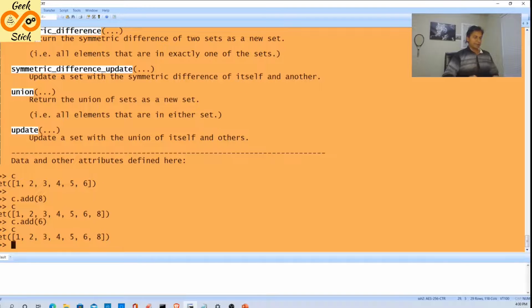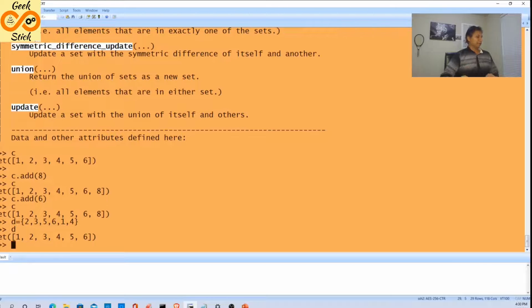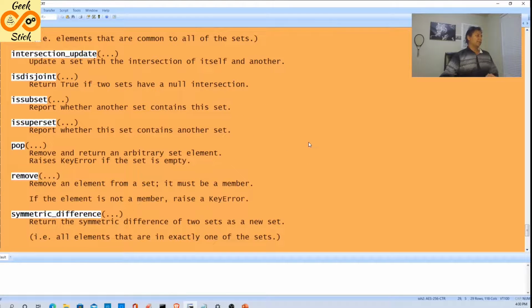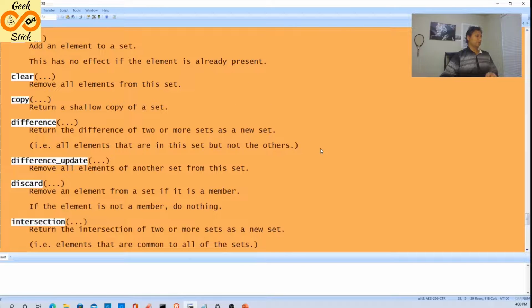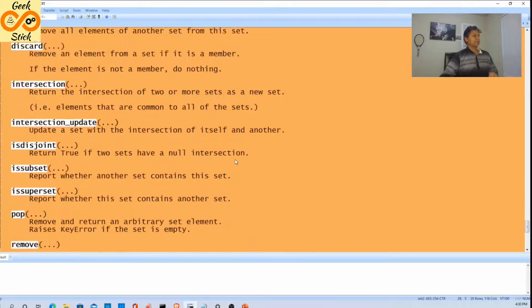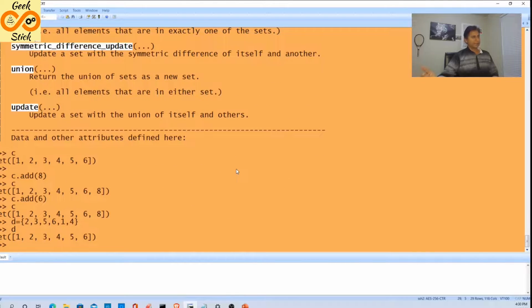Again, I'm creating another set called D. Okay. Now we need to find out the difference. As usual here you can do remove, pop and everything. Intersection and difference are some of the unique features of sets, right? Already it's unique, but it has its own unique features, right?